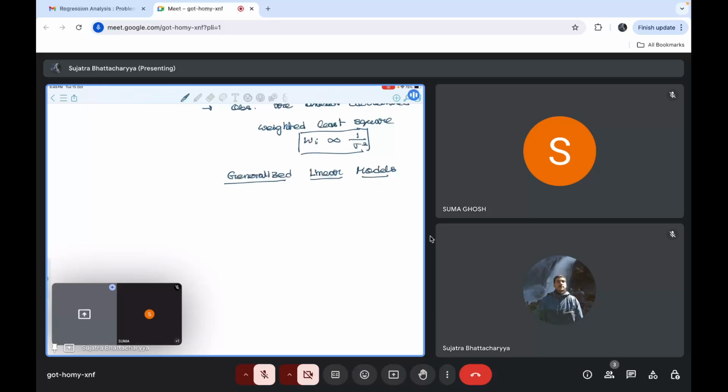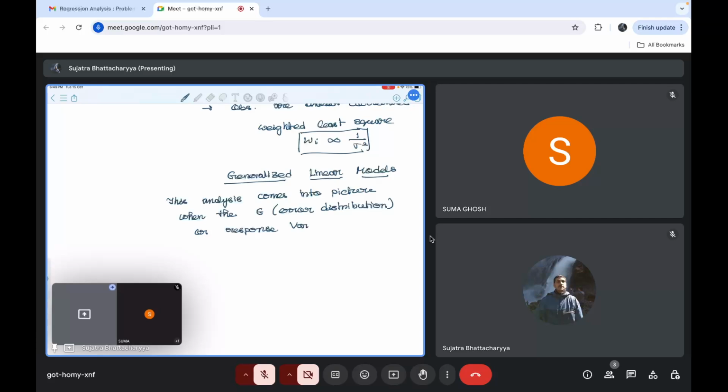This generalized linear model analysis comes into picture when the error distribution, this epsilon which we are talking about, or your response variable distribution,